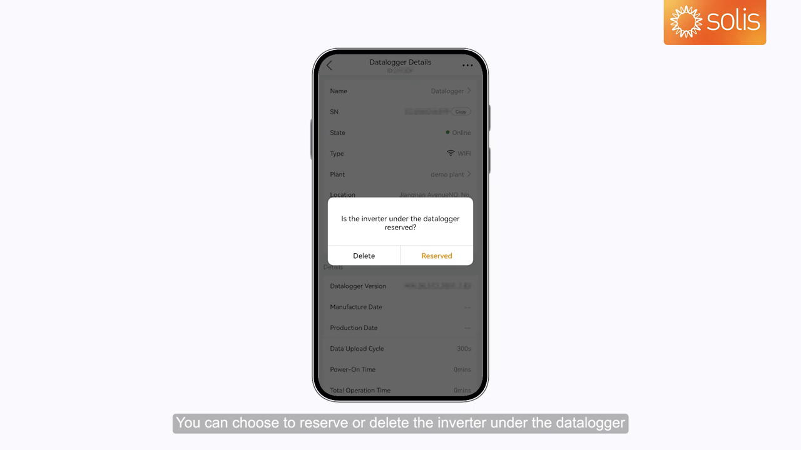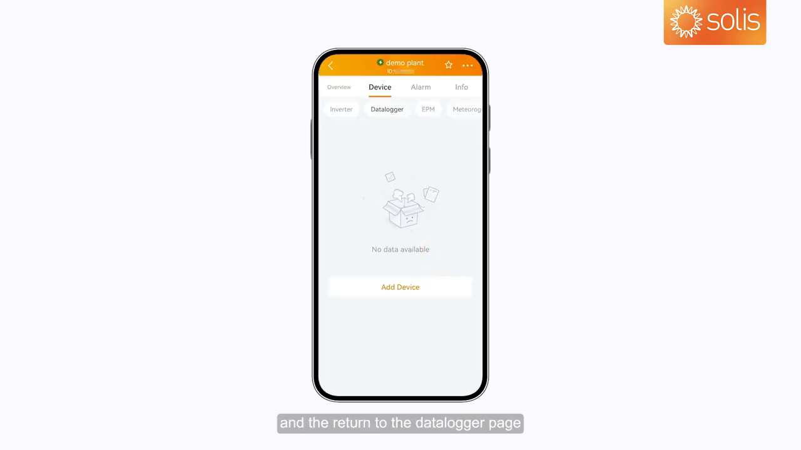Next, you can choose to reserve or delete the inverter under the data